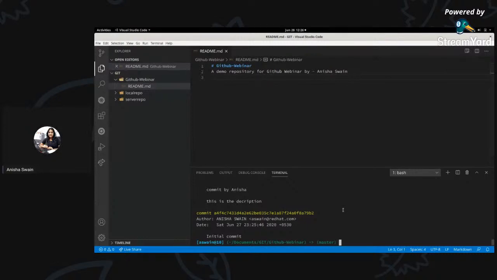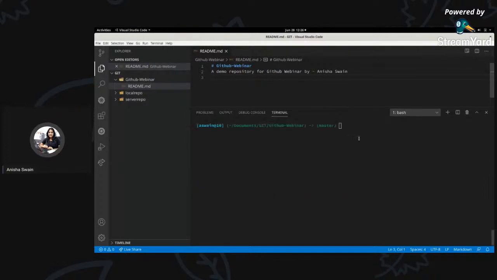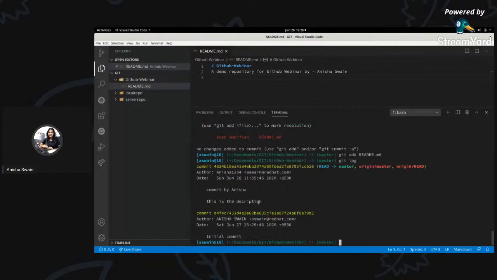Now what you have to do is save the file. After you choose the changes that you want to keep, you have to save the file. Now you see this file is modified, right? So you have to add this file again. Now if you do git log,